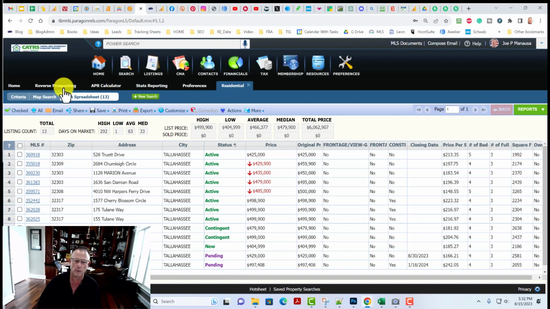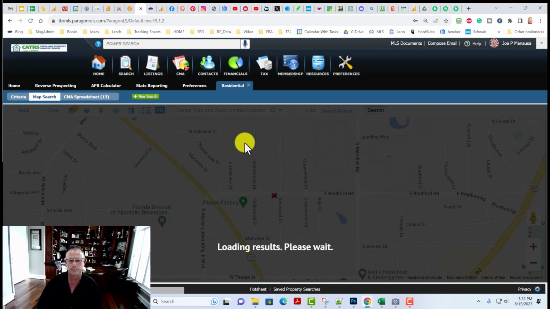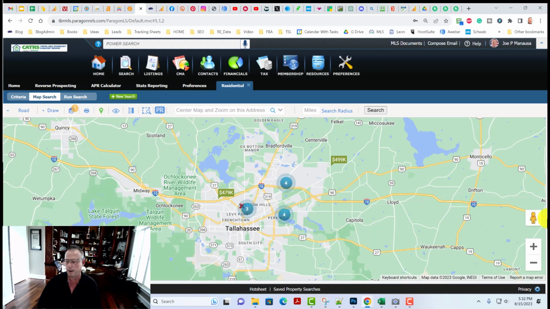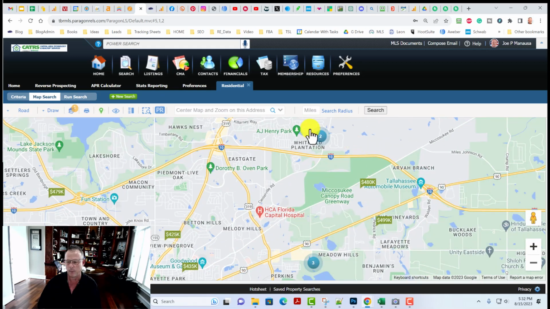So that's a basic overview of the search. I just want you to understand that you're not going to get good at the search by watching this video. You need to do a bunch of searches. One of the things I love about this search is I like going into the map search, okay, and maybe zoom it into the part of town they want to be in,